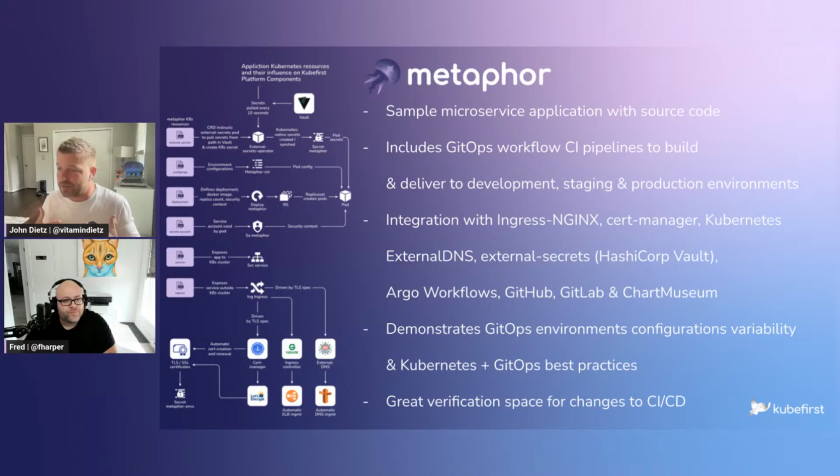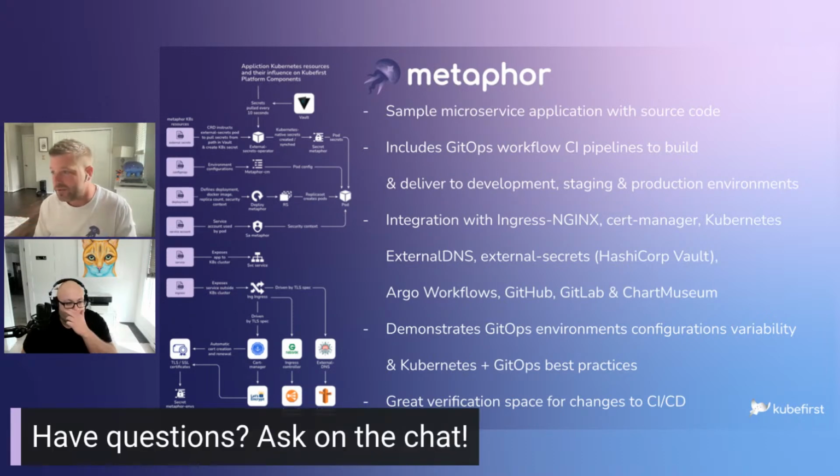Now, Kubefirst doesn't want to be overly opinionated about what those pipelines are. Every organization is going to be a little bit different in terms of the friction that they want to add into the shift left paradigm, how quickly they want to be delivering applications, and how many components they want to be managing. So what we've done with the Metaphor app is basically provide you with a very good starting point so that you know how to deliver to dev stage prod, you know how to get secrets, you know how to get DNS and certs and all those details.